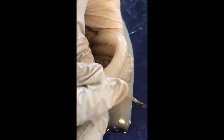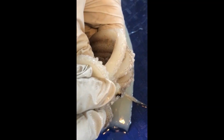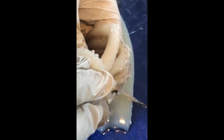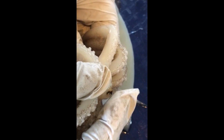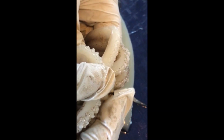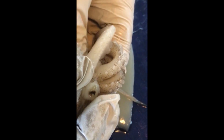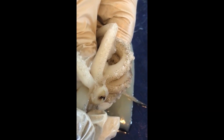They can also release a venom to immobilize their prey. And as you can see right here, how it curves, just like the beak of a bird of prey, like a hawk or an eagle. So it's very sharp, and they can release that venom to stun and kill their prey. And as you can see here, if I push up just a little bit more on it,